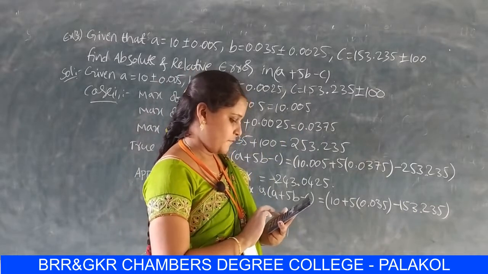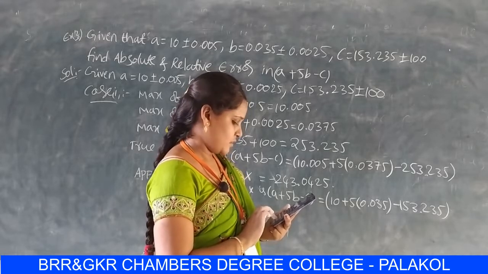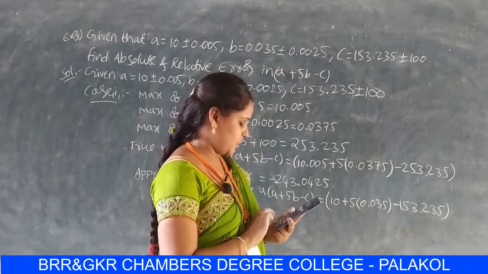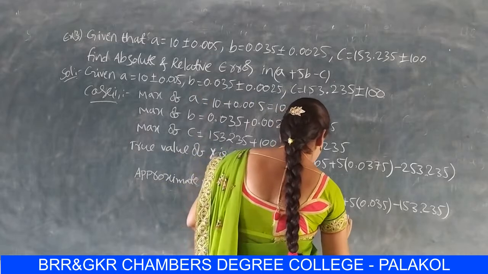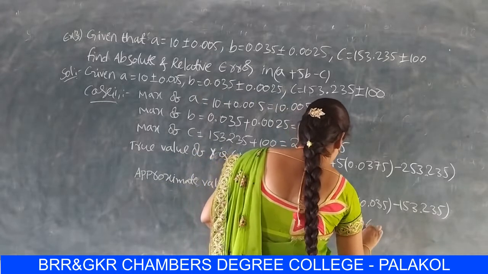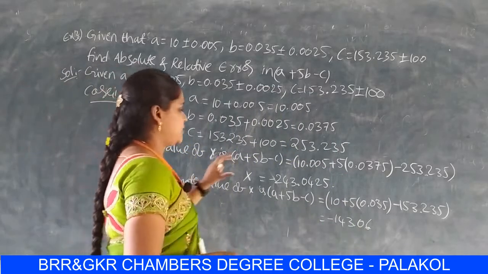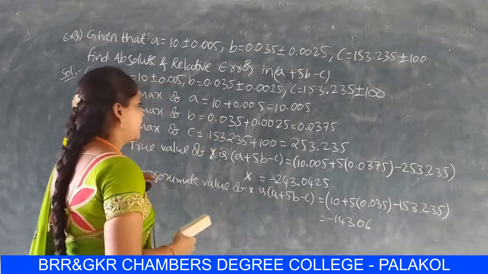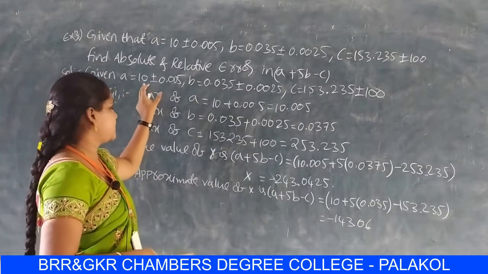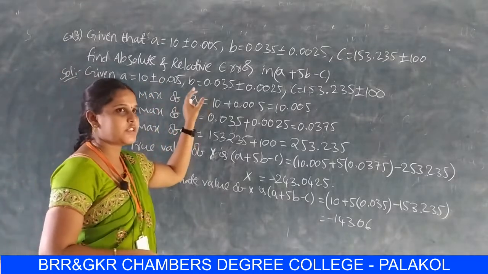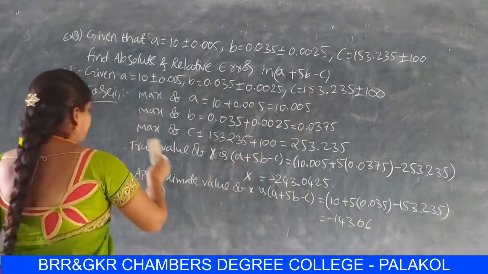10 plus 5 into 0.035 minus 153.235. So this value is minus 143.06. So these two values are based on the sum of the exam. So now the approximate value uses A as 10, B as 0.035 and C as 153.235. So next we find out